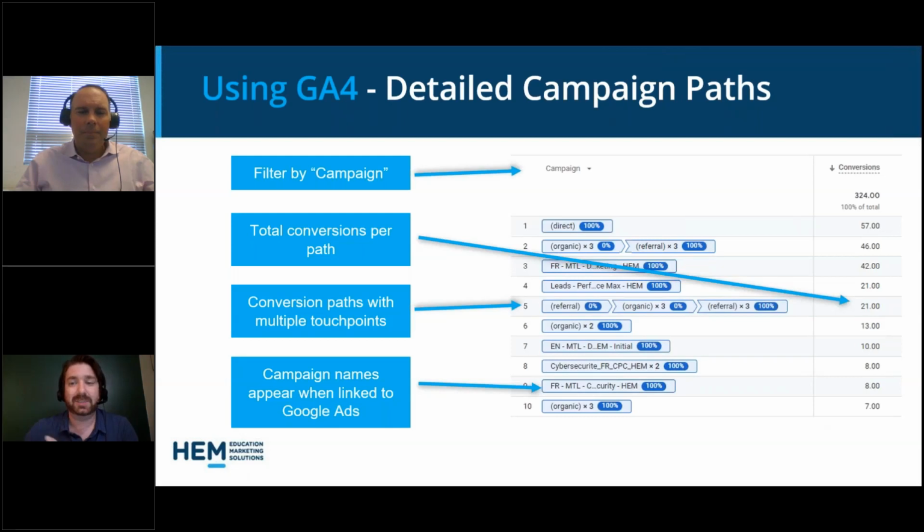And an interesting thing here, we can actually drill down even further. If your GA4 is connected to your Google ads and your Facebook campaigns and other paid ad campaigns are tagged properly, you can actually filter by campaign and see your individual campaign names and how they played part of this journey. And sometimes you'll see some interesting things here that might be worth reminding yourself.